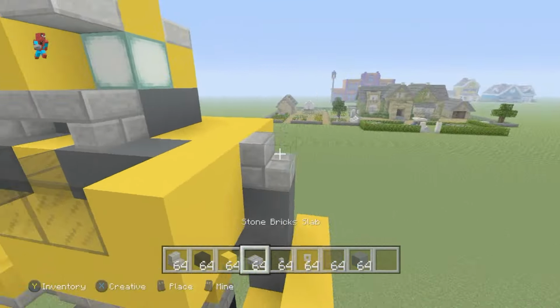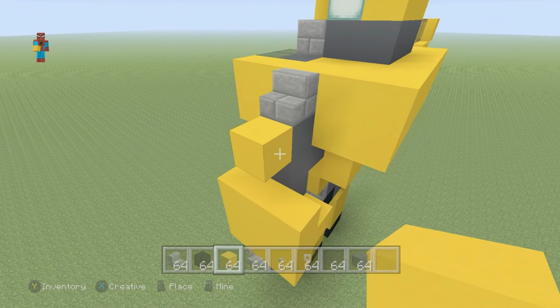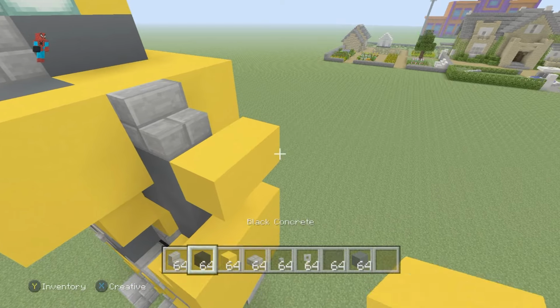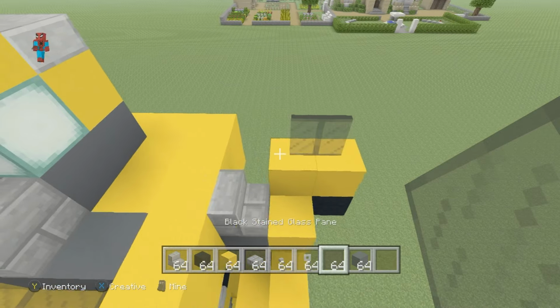We then want to take the grey concrete right at the top of the arm, and place a yellow concrete right of it, and then a yellow concrete behind, and then place a black concrete to the right of that, yellow on top of the black and the yellow, then black stained glass pane on top of both of those,